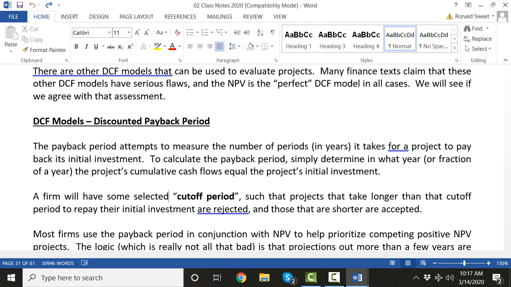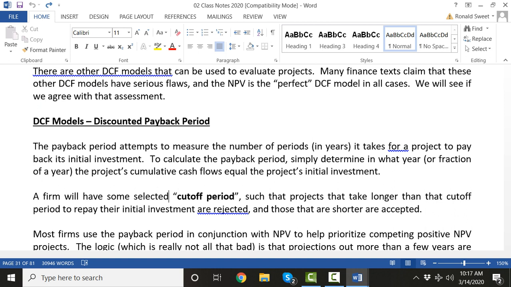For your team projects, I do not need you to pick a cutoff period. I do not need you to have a standard to say we only accept projects that are 10 years or less. What I want you to do is calculate the discounted payback period for your project and use that as part of your analysis. So if you're deciding, do I buy a car or use rideshare? Since a car lasts about 5, 6, 7 years, then if your payback is 12 years, then you say,